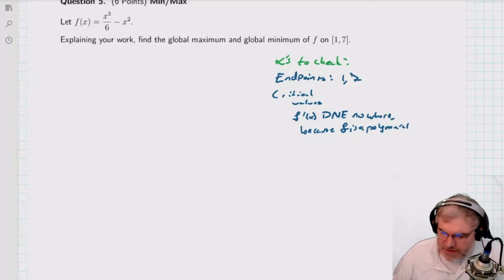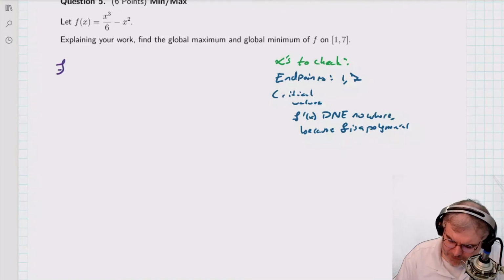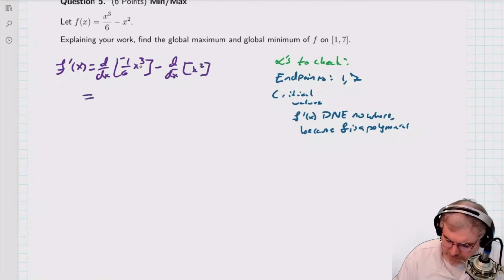All right, so I'm going to take the derivative here. So f prime of x equals d over dx of 1/6 x cubed minus d over dx of x squared equals, okay, so this is going to become